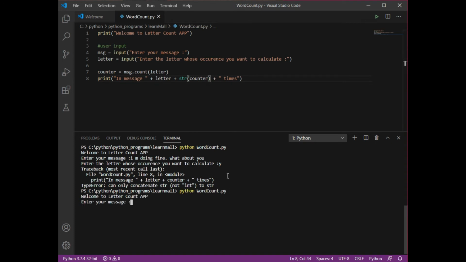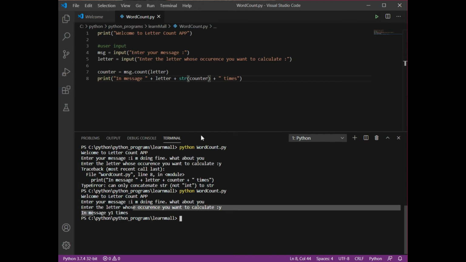I'm going to write down the same message: I am doing fine, what about you? And I want to calculate y. It is giving me, in message y 1 times. So I need to improve this again.